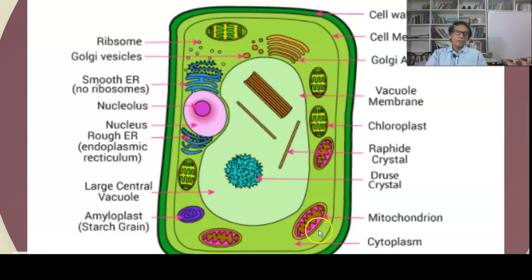And the functions of the mitochondrion. Mitochondrion is where chemical energy is produced in biochemical reactions, in the form of ATP molecules. ATP full form is adenosine triphosphate. This is also called the powerhouse. And this is the main vacuole, lying in the center of the cell. This is also a difference between the plant cell and animal cell. They are the main differences: first of all, cell wall, second vacuole, and third chloroplast.